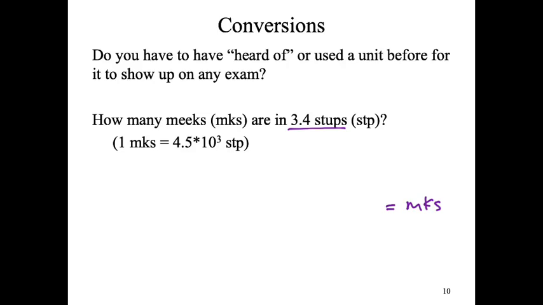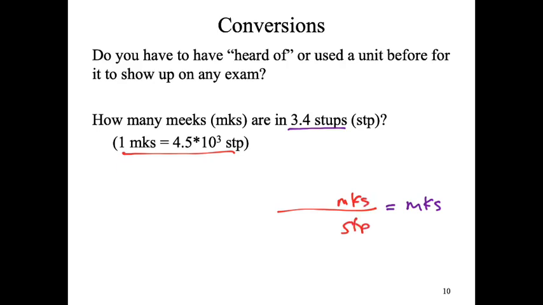That's going to be difficult potentially to decide where to place it. Focus on the process. I want Meeks. 3.4 Stoops has nothing to do with Meeks. So I would argue starting with that is a bad idea because you don't know anything about its context or what it means. What we should start with instead would be that conversion factor that does relate